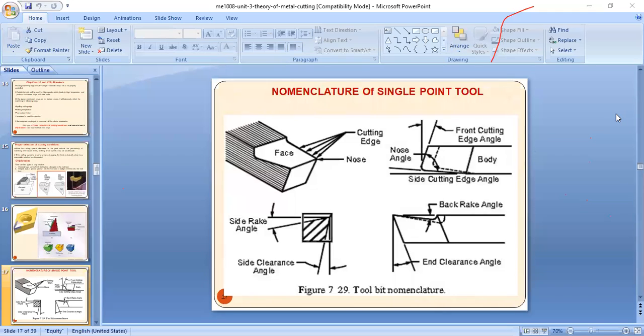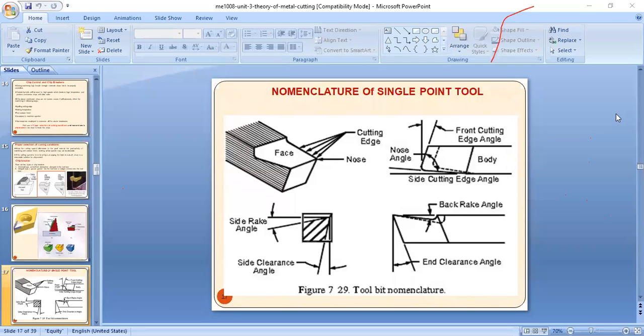This is about the back rake and side rake. Again, when we come to the rake angle, we can discuss much about the single point cutting tool even in 2 classes, but due to lack of time, we'll be pushing on. So we have a positive rake angle, the zero rake angle and negative rake also. Whenever any particular diagram comes, we'll discuss that also. Zero rake is when no rake is provided on the tool. Positive rake means the face of the tool slopes away from the cutting edge.